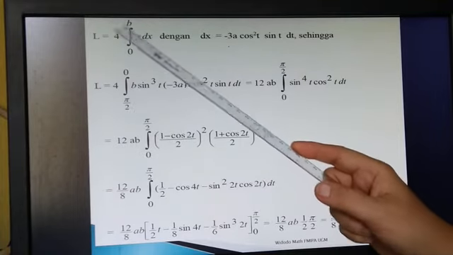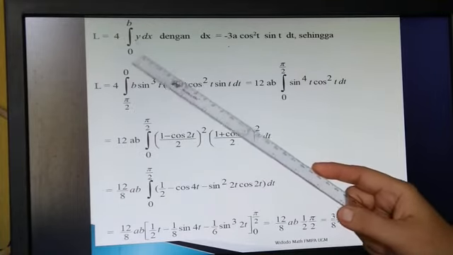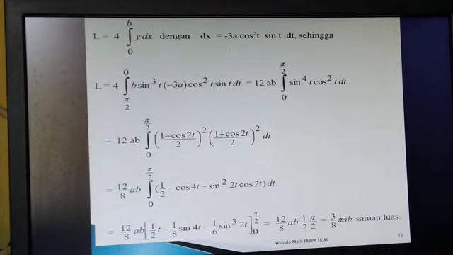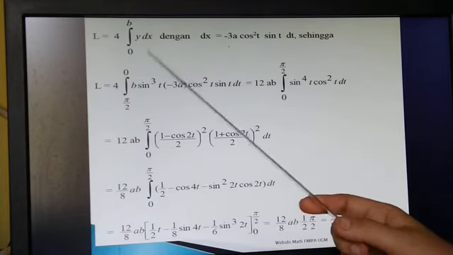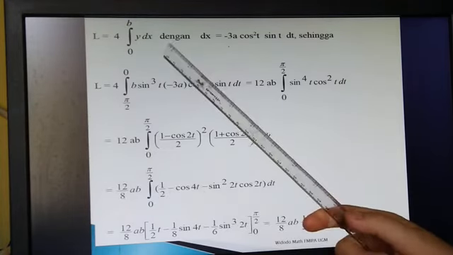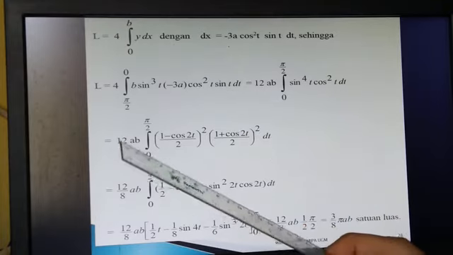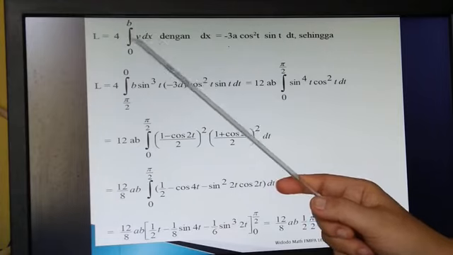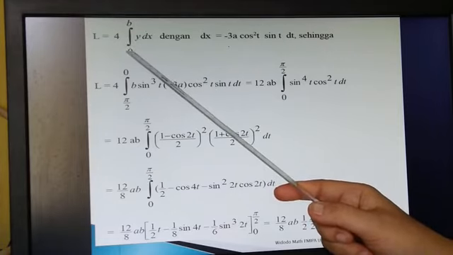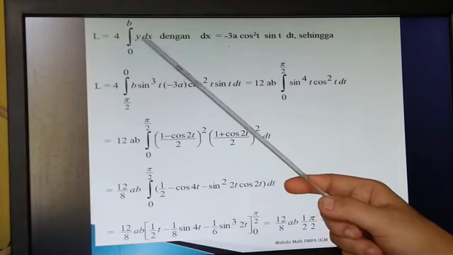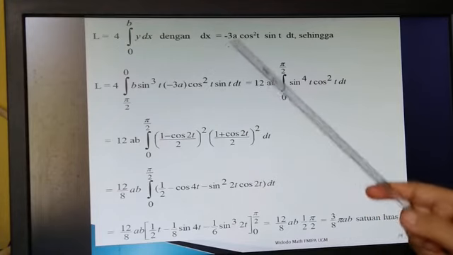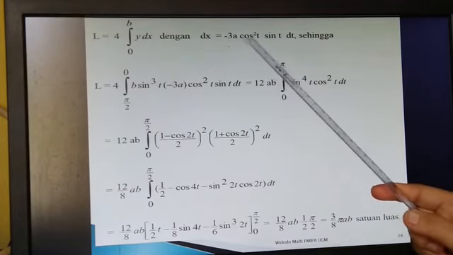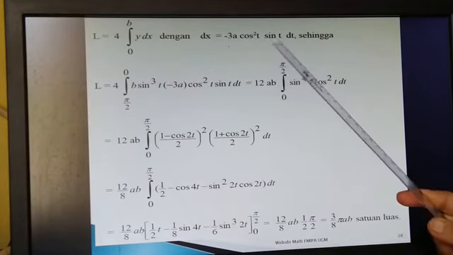Of course, here we have to multiply by 4 because they are symmetric. The areas in quadrants 1, 2, 3, 4 are the same. But then we can use the definite integral from 0 to b of y dx, where dx is equal to minus 3a cos^2 t sin t dt,